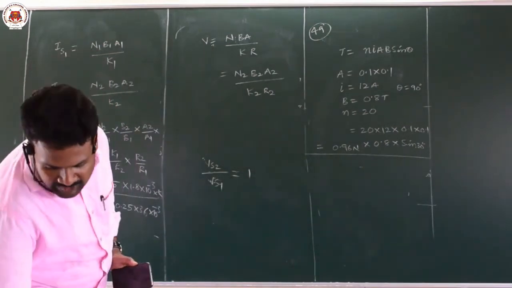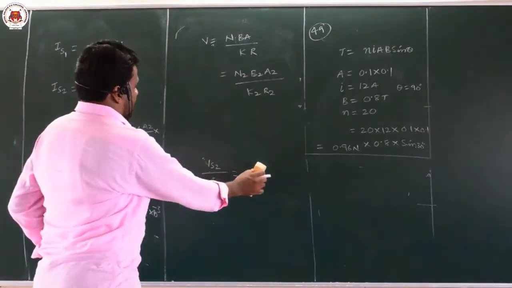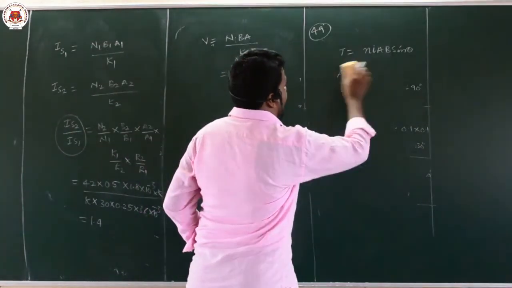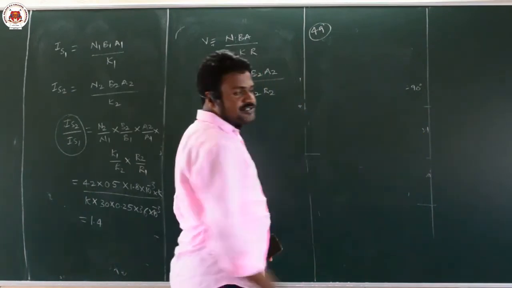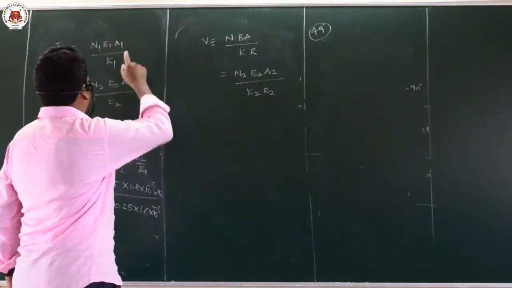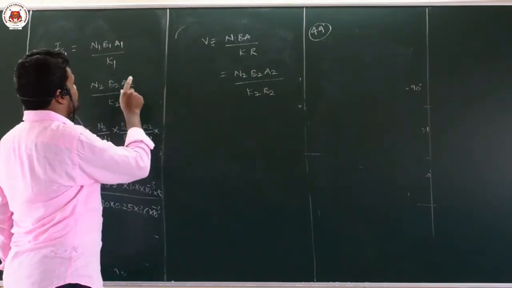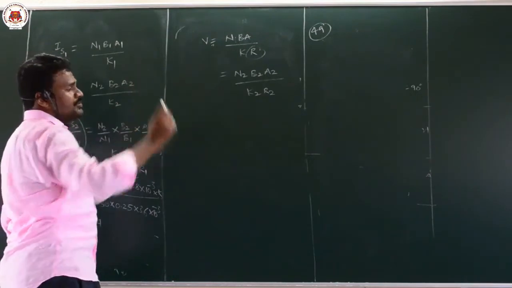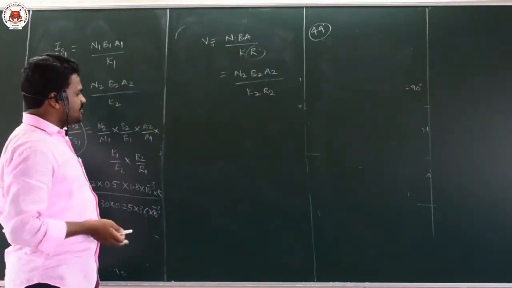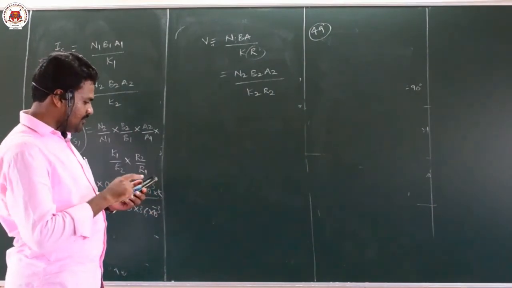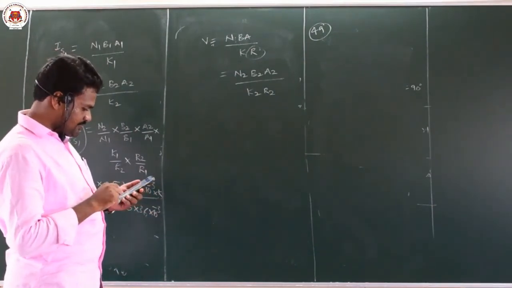So here two coils are given. He has given two coils and is asking the ratio of current sensitivity and voltage sensitivity. The formula for current sensitivity is this. For the formula for voltage sensitivity, just here you will get resistance. So just take the ratio. As you found current sensitivity, similarly you find voltage sensitivity. So that will be the answer. Just divide, you will get the answer.